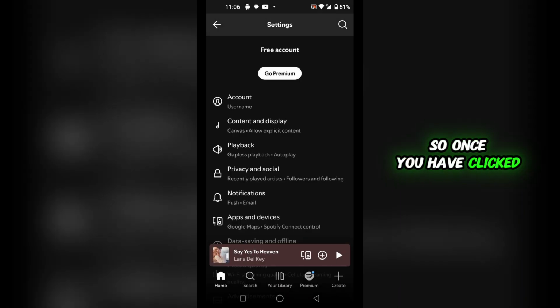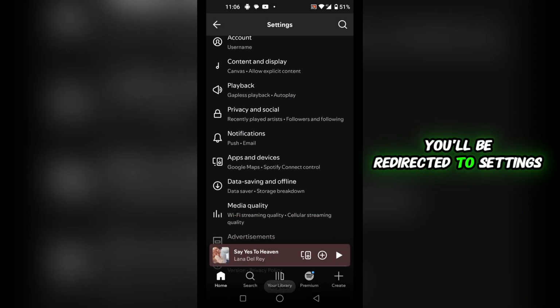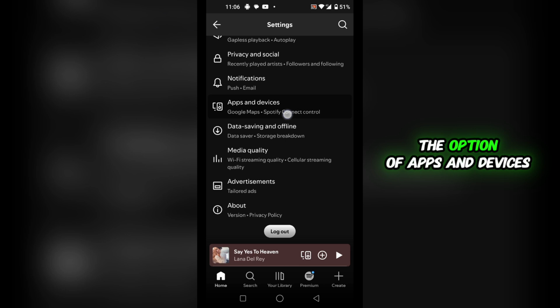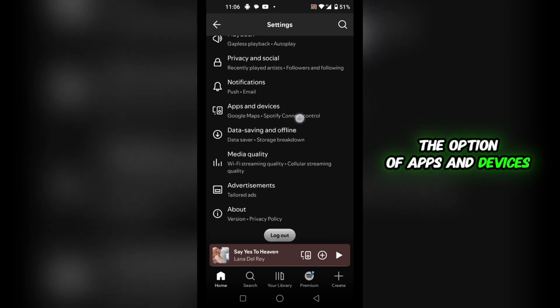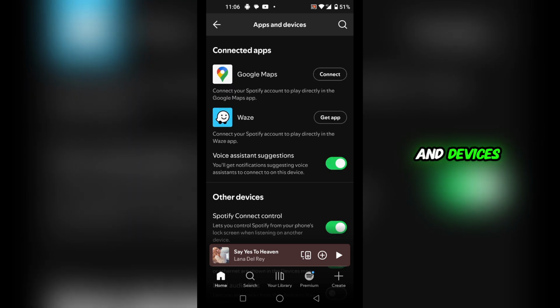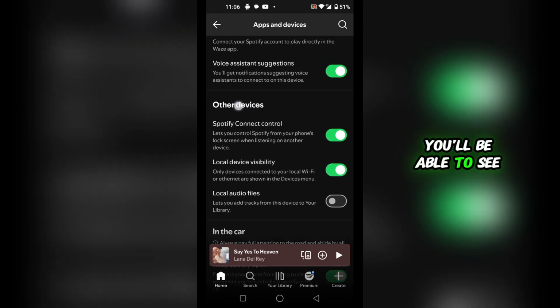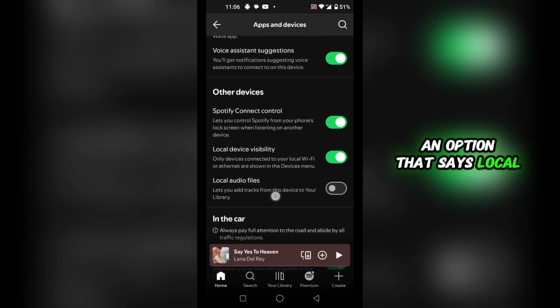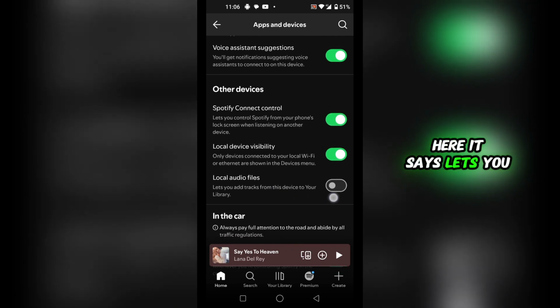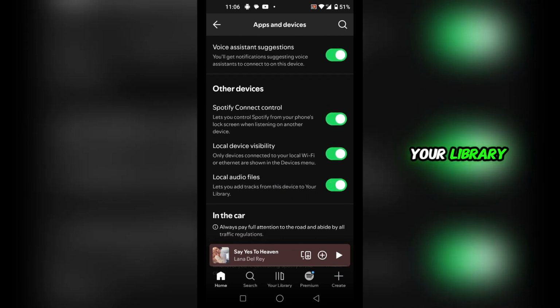Once you have clicked on settings and privacy, you'll be redirected to settings, and here you're going to find the option of apps and devices. Once you click on apps and devices, you'll be redirected to an interface like this. You're going to scroll down, and under other devices, you'll be able to see an option that says local audio files. Here it says lets you add tracks from this device to your library, so you're going to toggle this